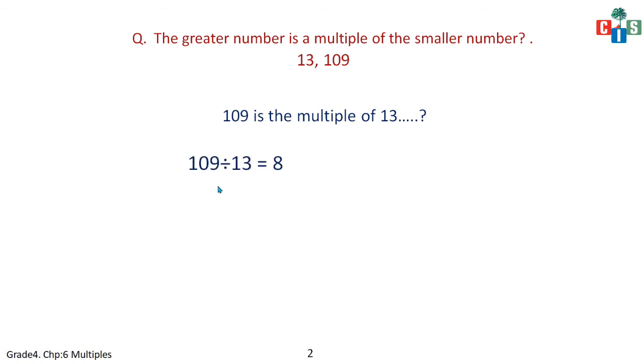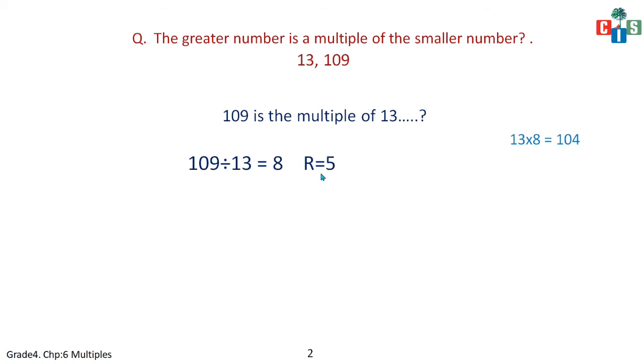Okay, so we will do 109 divided by 13, and as 13 8s are 104, 13 5s would increase it to 109, so we have taken 13 8s. So 13 8s are 104, my quotient will be 8 and I will have the remainder as 5, because 104, 105, 6, 7, 8, 9, this is 109, so 5 will be my remainder.